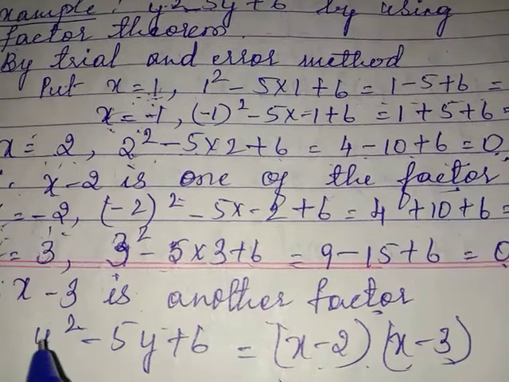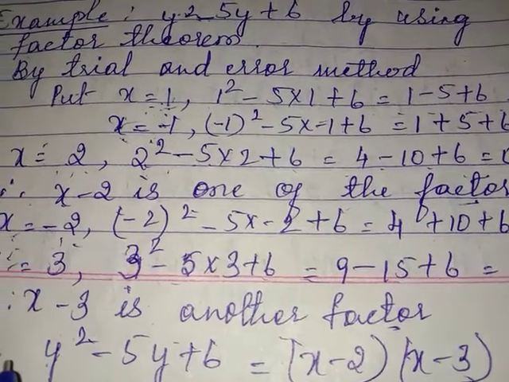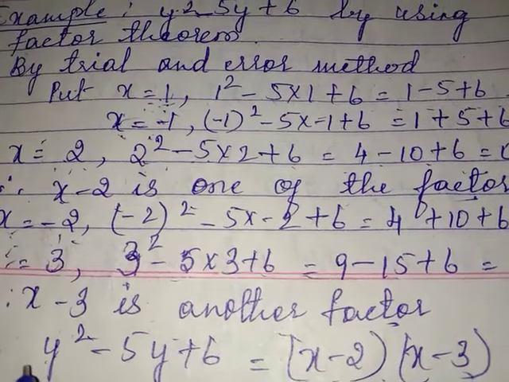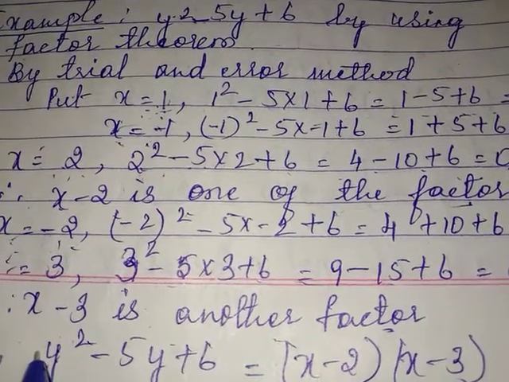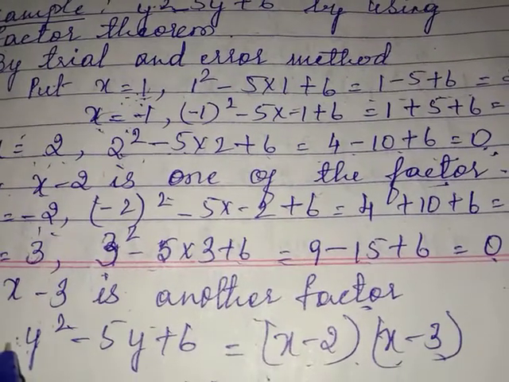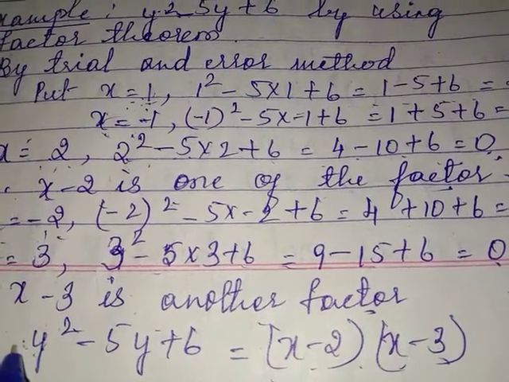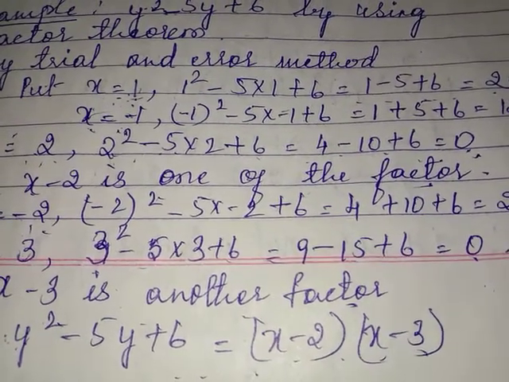Okay, see here the coefficient, see the previous sum that we did. That was a little bit complicated, yes or no? Since we had a coefficient 6 there. Here there is no coefficient. If there is no coefficient, then you feel it is easier to find the factors by the factor theorem method. Okay, children.